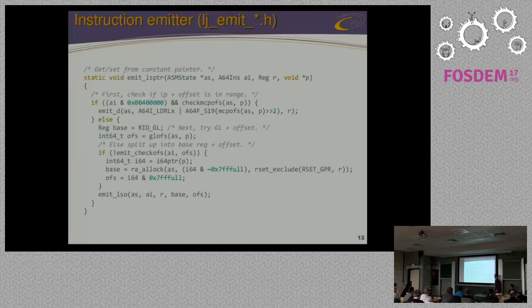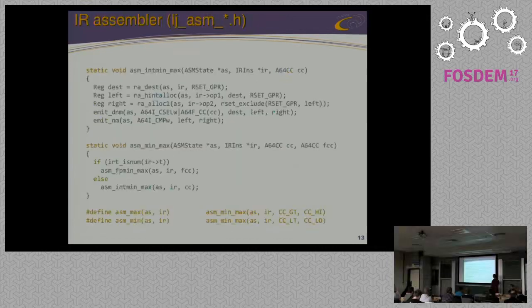The IR assembler has a function for every LuaJIT IR instruction. The ones present here are the minimum and maximum IR instructions. So they are implemented in one function, but they are defined as macros. So when LuaJIT gets a minimum IR, it's going to call a min